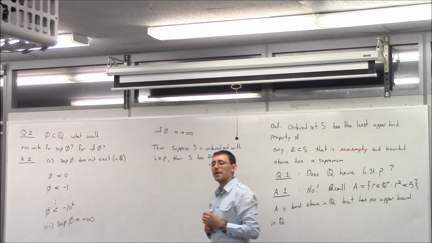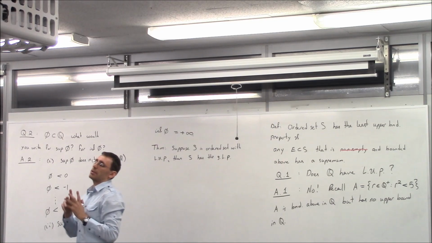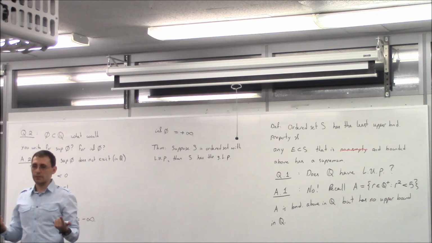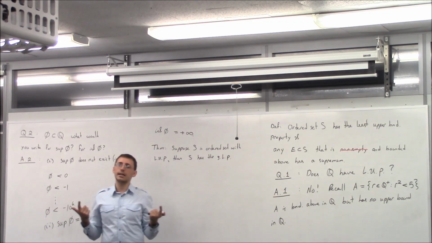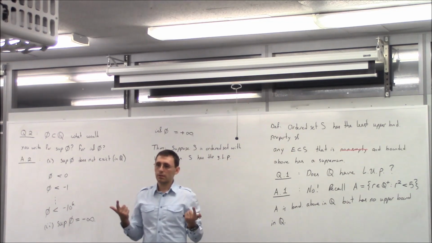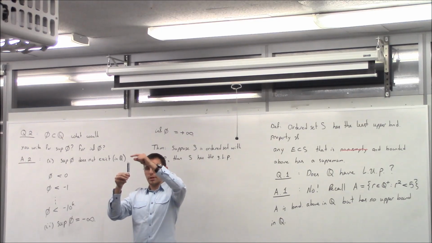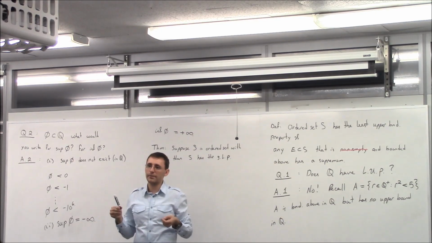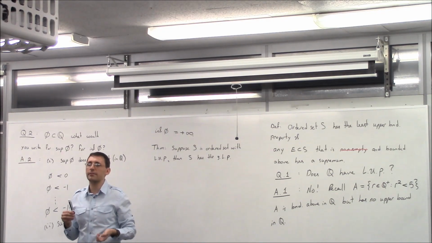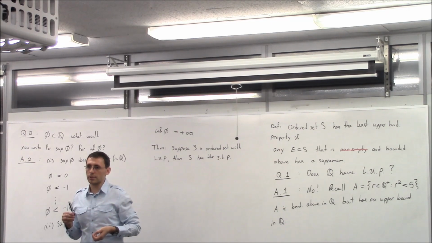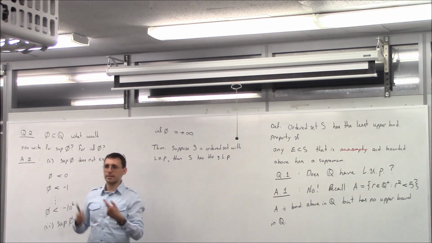But didn't we define one where it wasn't true? We looked at that, yes. Well, the point is if you have it. Yeah, but Q does not have it. Q does not have the least upper bound property. We saw that Q doesn't. We saw the set of all the rationals whose square is less than 5. They are bounded above, but there is no supremum. So it does not have the least upper bound property. It will not have the greatest lower bound property as well. Those things come together.